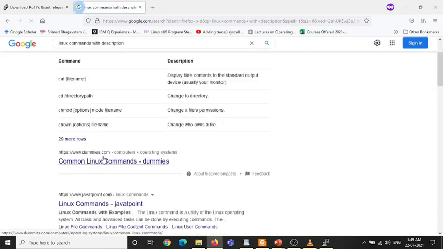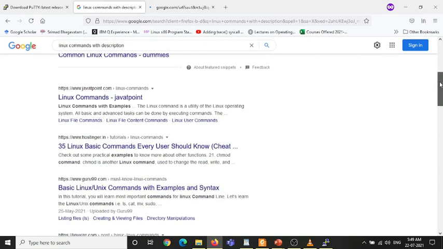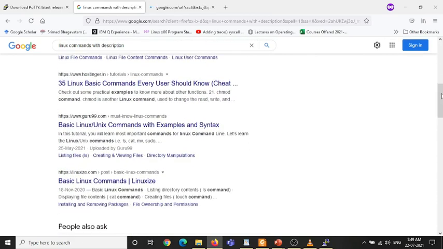There are many websites offering this service, so you can go to their website and read about the commands. It is up to your interest.